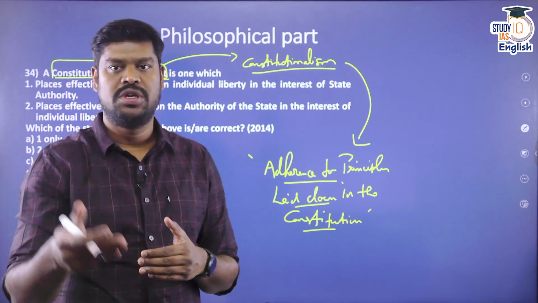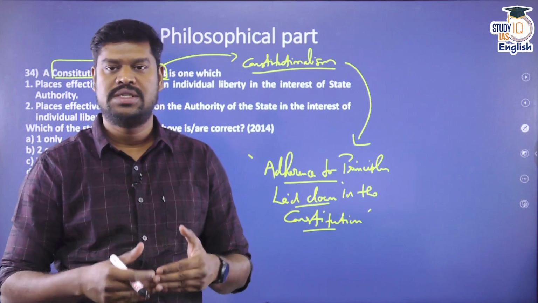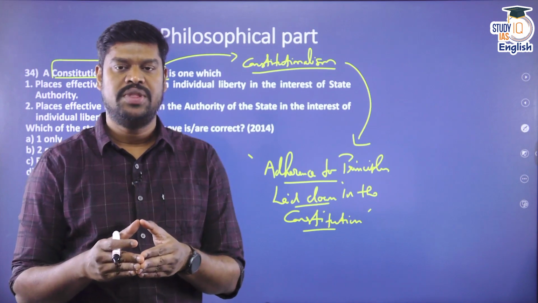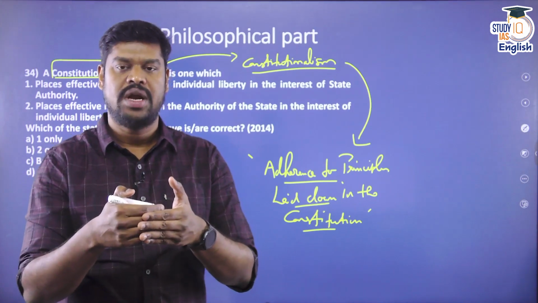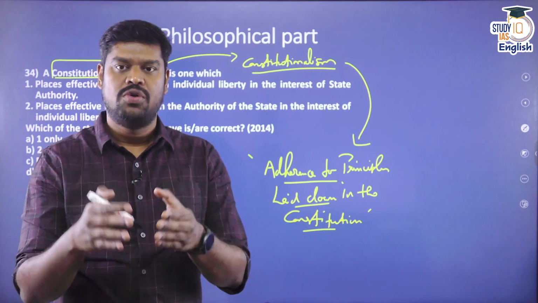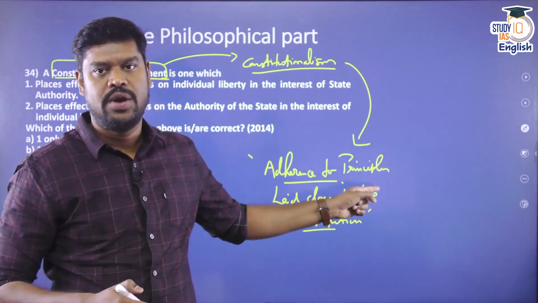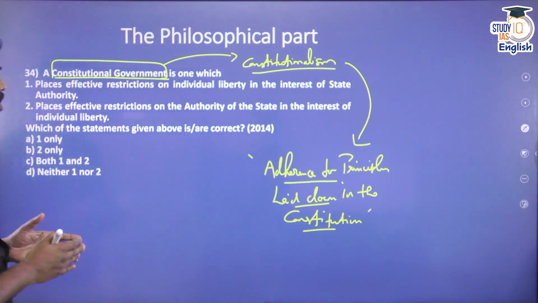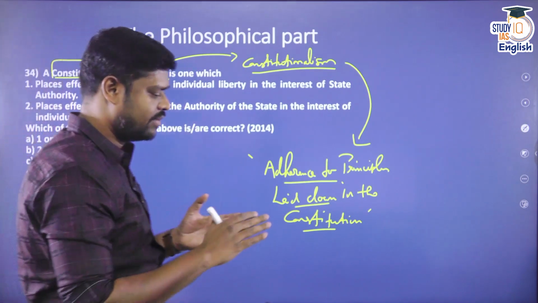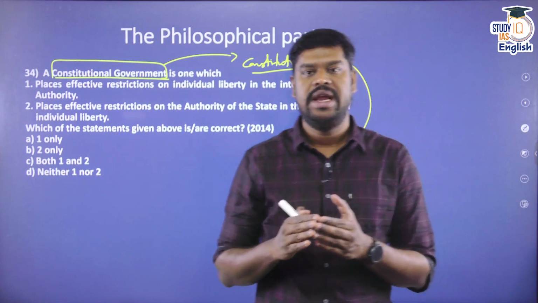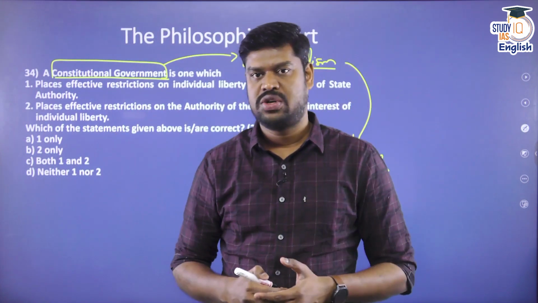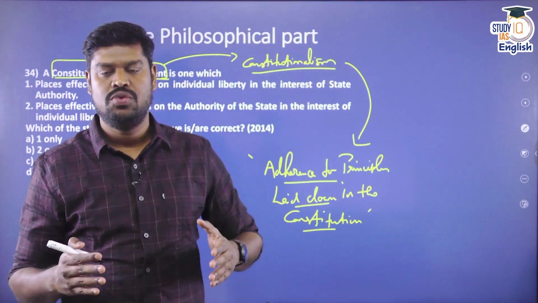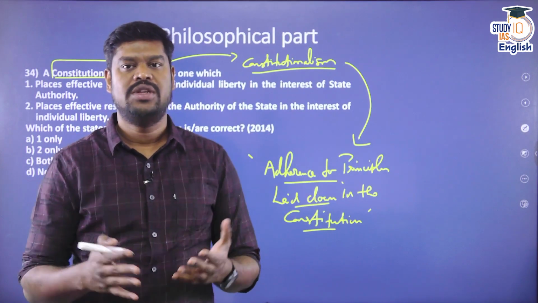So what is constitutionalism? Having a constitution in itself will not mean that the country has constitutionalism. Constitutionalism is when a particular government is carried out and all the institutions in a country perform their functions in accordance with the principles laid down in the constitution. The moment you come across the words constitutional government or constitutionalism, majorly it has to prevent the arbitrary action of the state. If the government is so powerful that they can do whatever they want rather than following what is there in the constitution, then there is no constitutionalism.